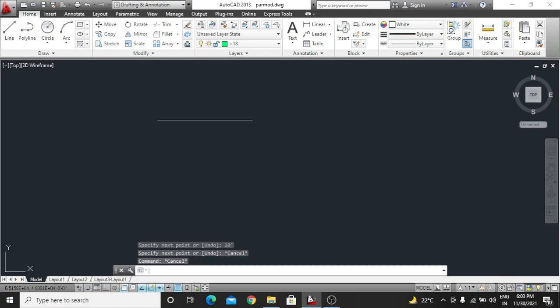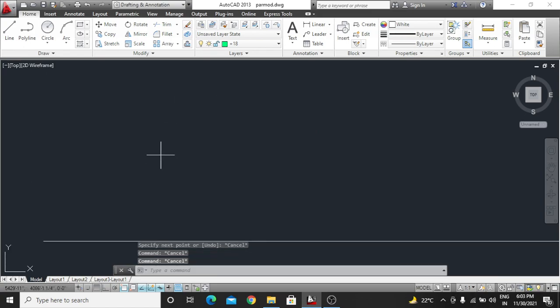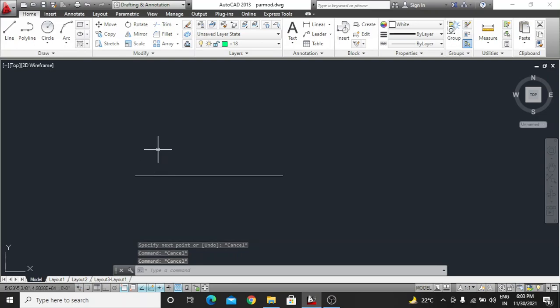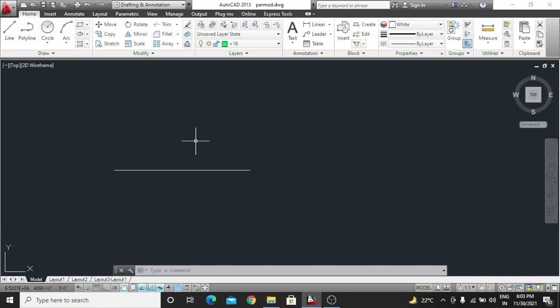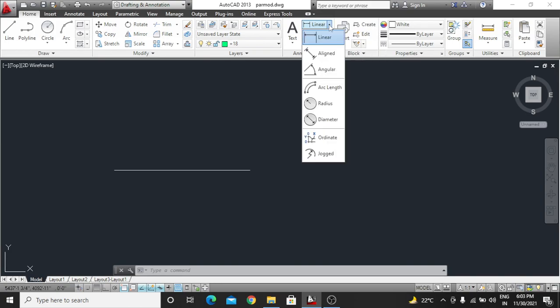Then, guys, you can use your cursor to zoom in and out, right? So here you have a line. If you want to give the dimension, there is linear, line, angular, arc, radius, diameter, and many things.